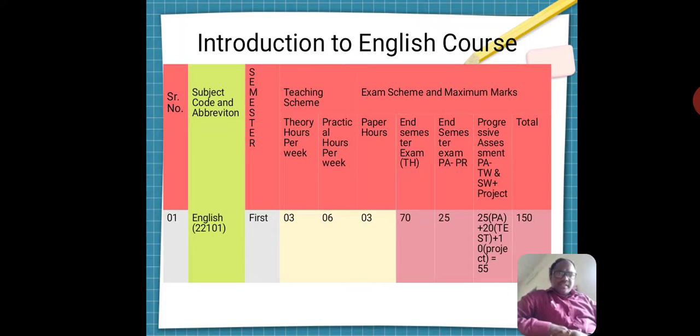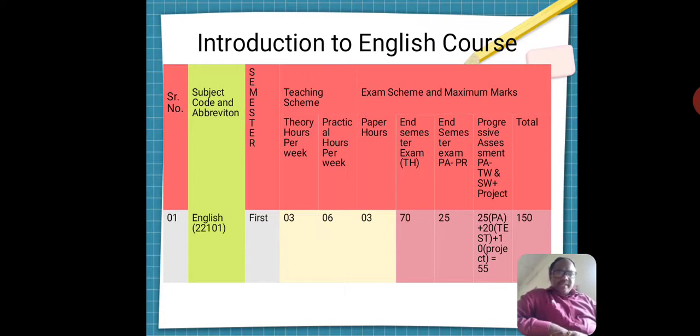Our class is divided into 3 batches for practical purposes, and for each batch we have 2 hours. We have an end semester examination for this subject, and the paper duration for that examination is 3 hours.